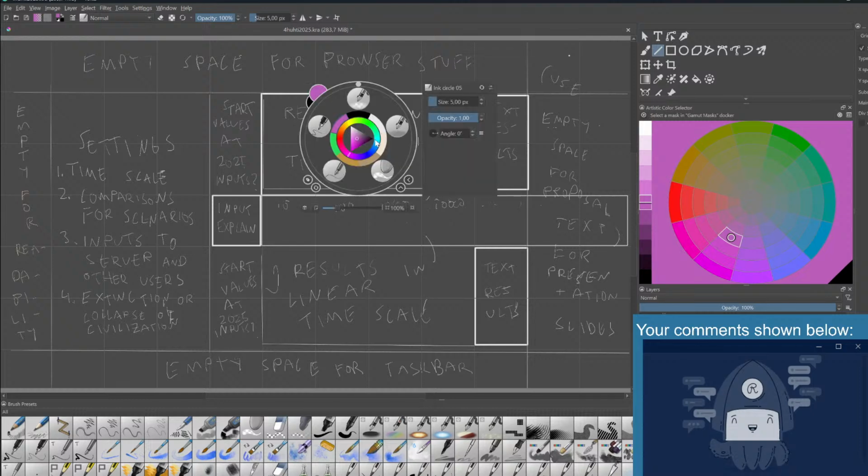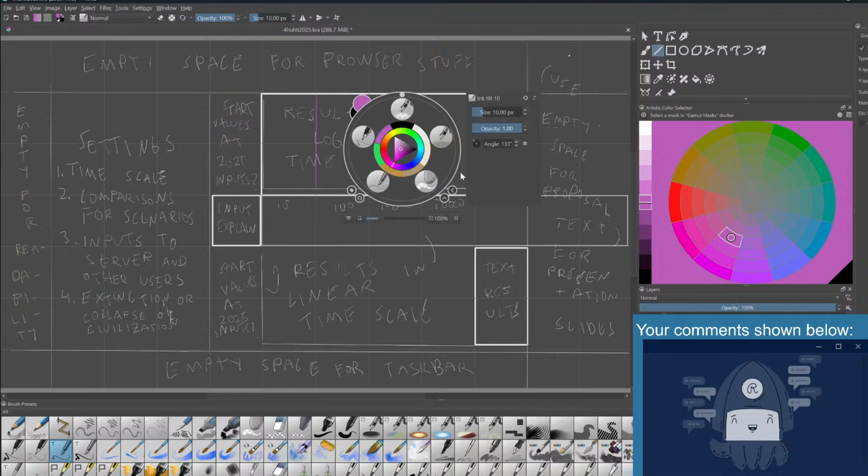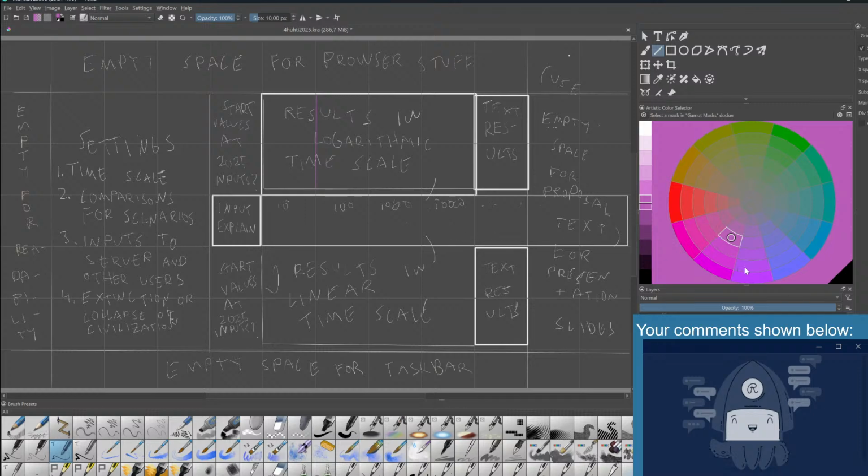I think that's a little bit bigger. Not sure if this is distinct enough, but